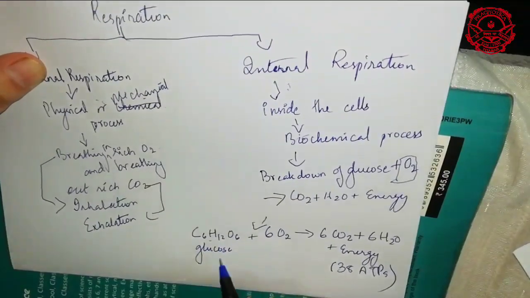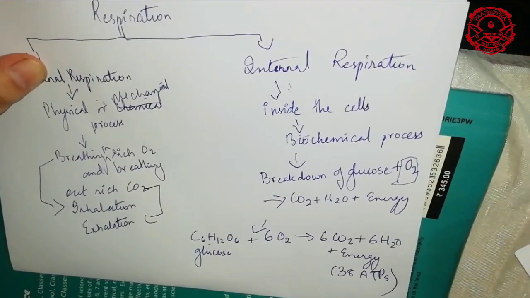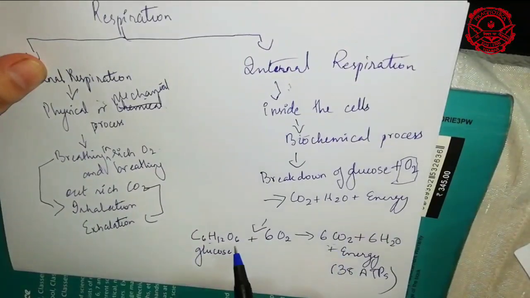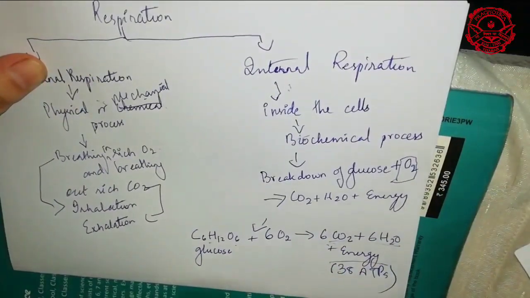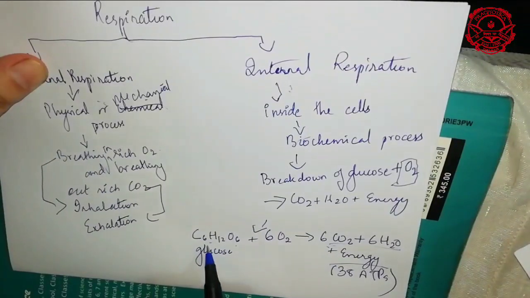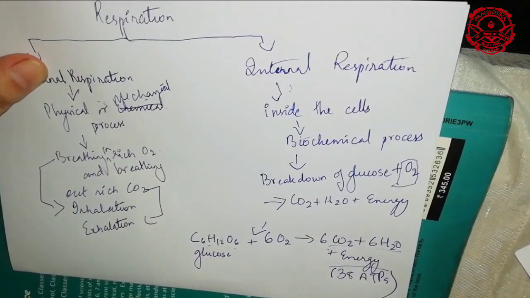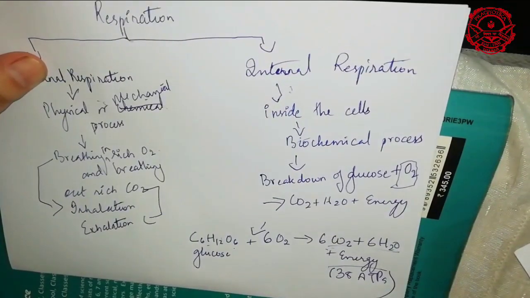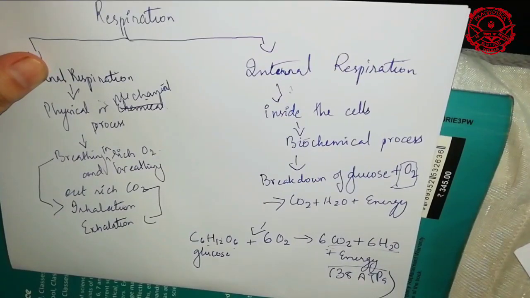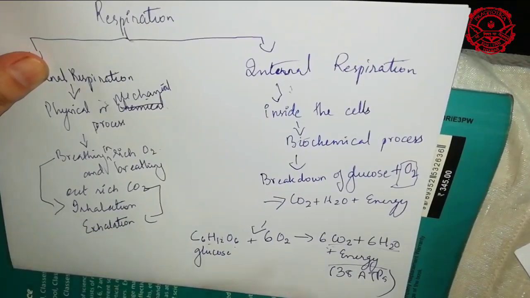These glucose molecules undergo complete oxidation, which leads to the formation of the products. If it doesn't undergo oxidation, you will not get these products. Since they undergo oxidation, the glucose breaks down, and as a result you get carbon dioxide, water and energy. And remember, just as during digestion enzymes take part, in respiration the reactions are also controlled by different enzymes. Now we'll move on to ATP.